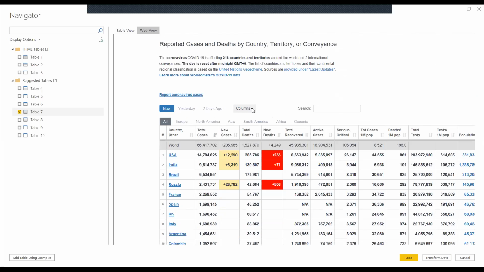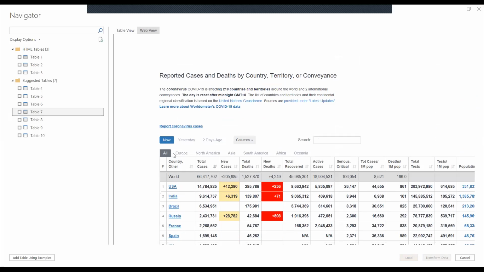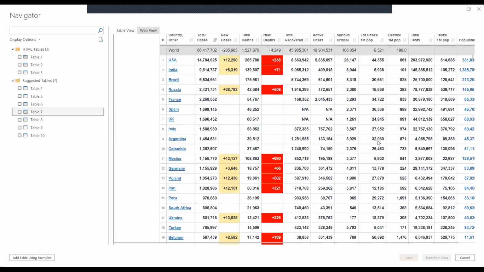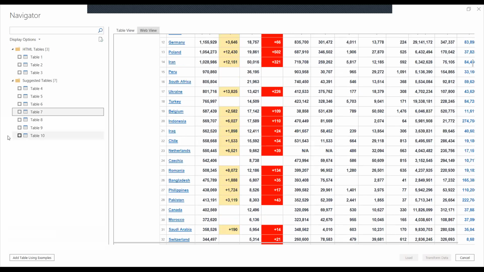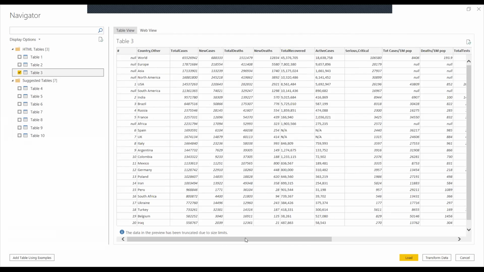Which table is this? Because of the country name, I think it is table 7. This is the table.